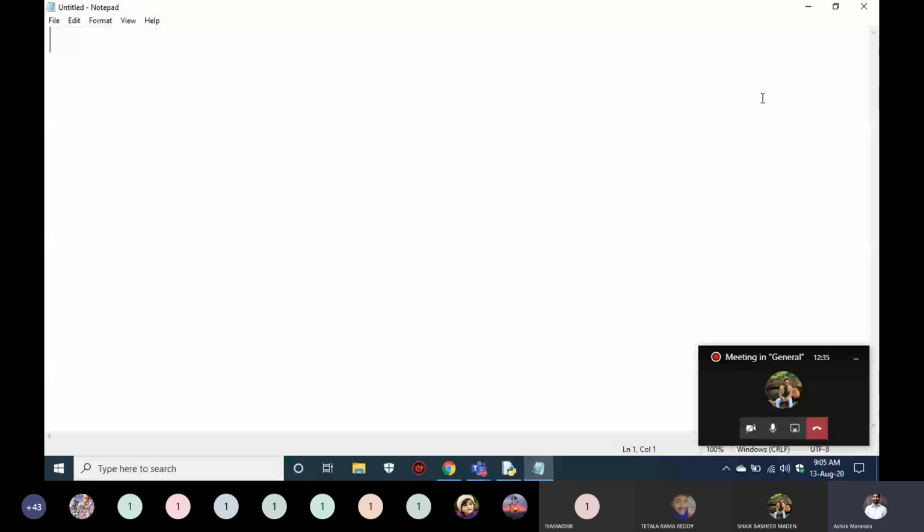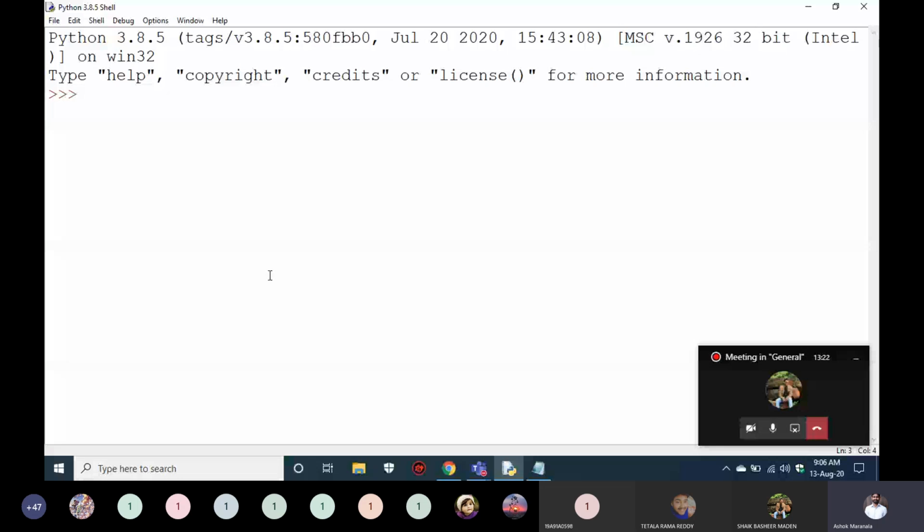So now we'll see relational operators and then logical, bitwise, membership, identity operators. So these are the operators we'll discuss today. I'll give you a better idea on them. First we have to have a very good idea of the basics, then we can implement that into a program very easily, right? So now we'll see relational operators.